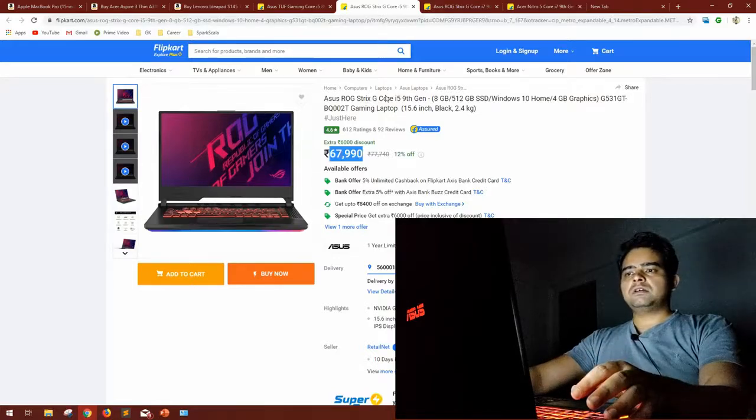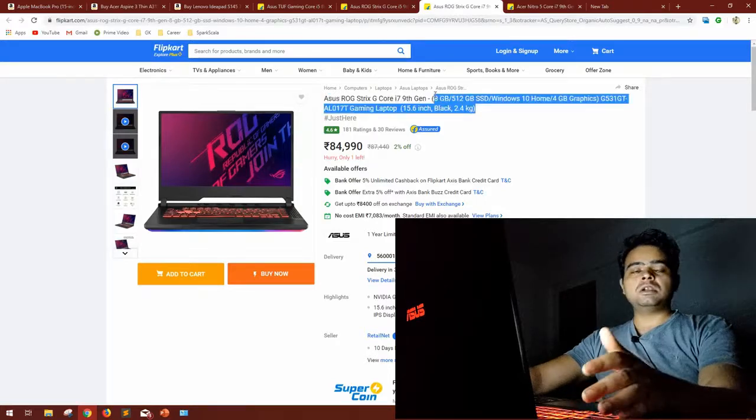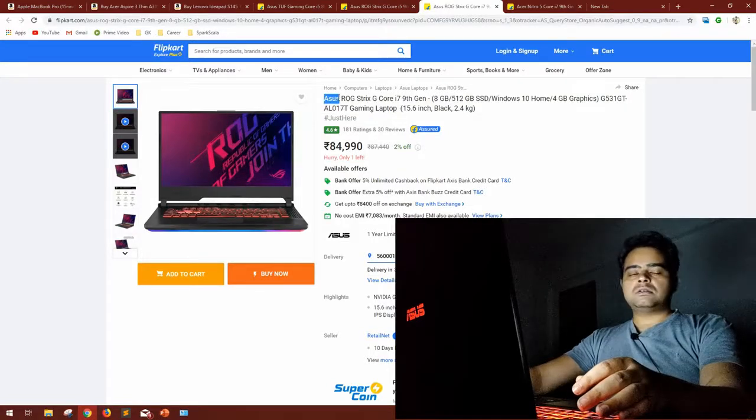After i5, if you want to go to i7, again Asus and Lenovo in this range provide better configuration. The same model is available in i7, that is 9th generation, and other configurations are almost the same. So if you want, please go for i7. Not required essentially, but it's up to you. This you can consider, or Lenovo Legion, that also has a similar configuration you can consider.